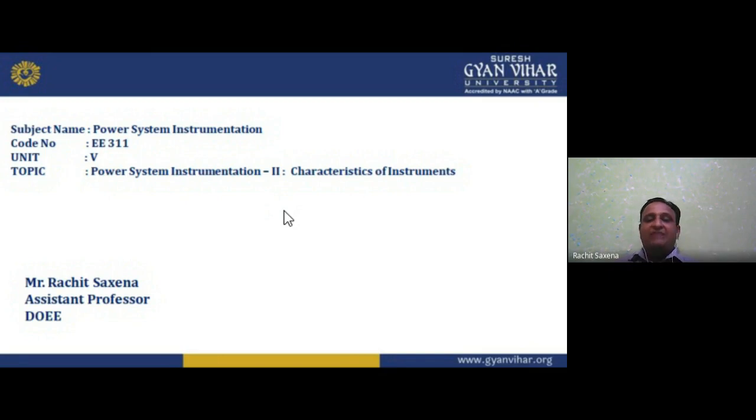Now we have the instrument transformer. If I am talking about the instrument transformer, we have two types: voltage measurement and current measurement. For voltage measurement we have the potential transformer, which is a step down transformer, having the voltmeter and the relay, for protection, measurement and controlling. Then the current transformer measures current of higher rating. It is like a step up transformer, few turns on primary, large turns on secondary.